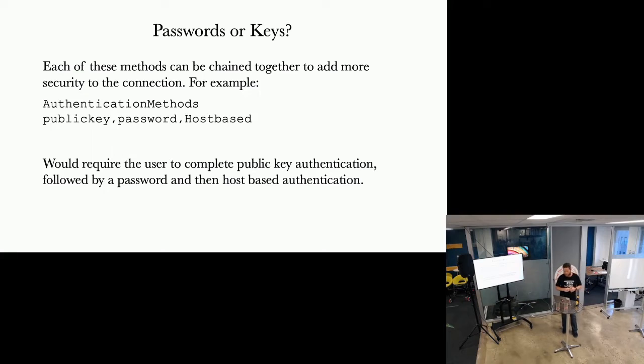And we can use several methods chained together that will provide some version of multi-factor authentication, which is just built right into the SSH program itself. It's not truly multi-factor. It's more that you've got several gates to get through. So in this particular instance, authentication methods public key, password, host-based means that you would have to give a public key first. Then you would have to provide a password after that key's been authenticated. And then lastly, there are host-based keys that get passed across as well that need to match up with the keys that the server's expecting.